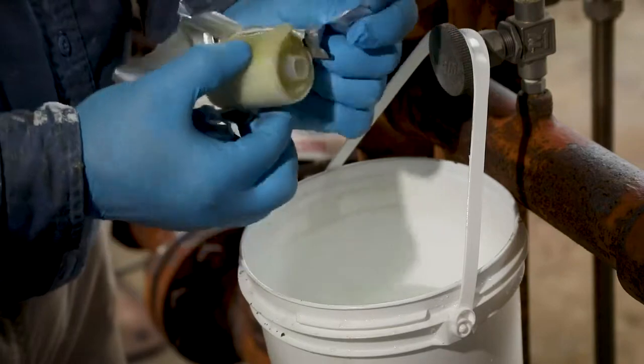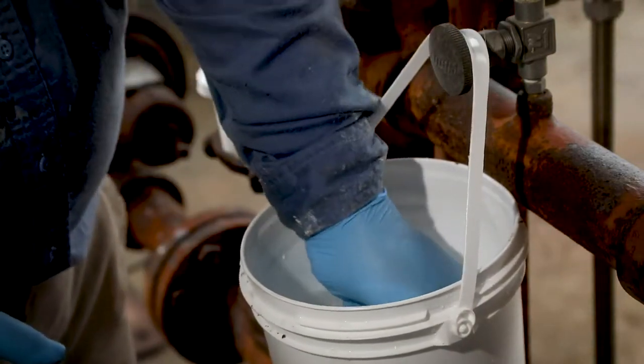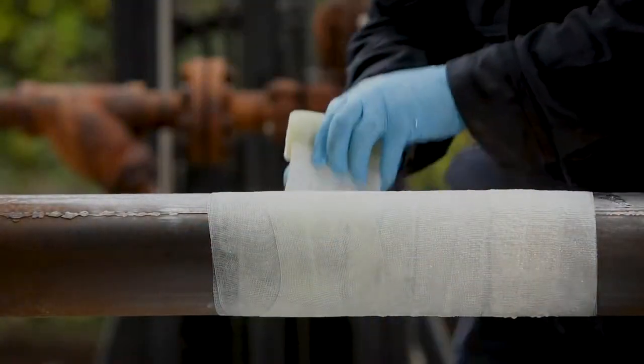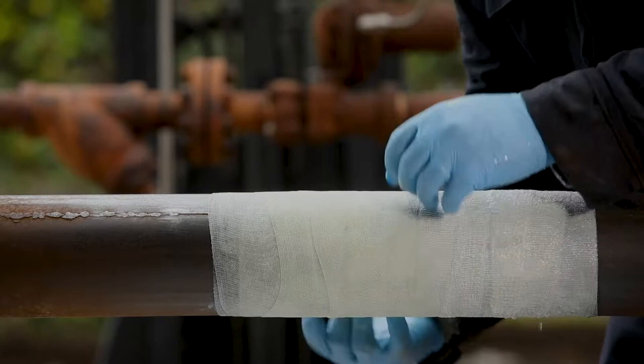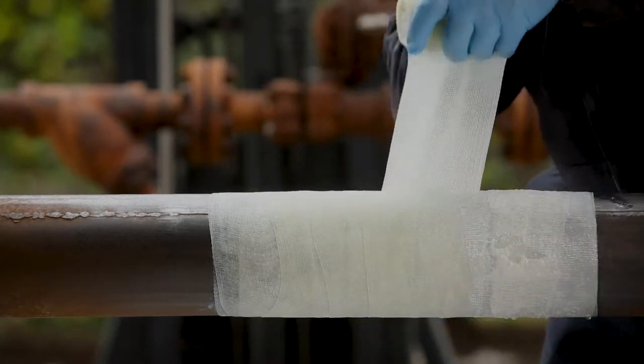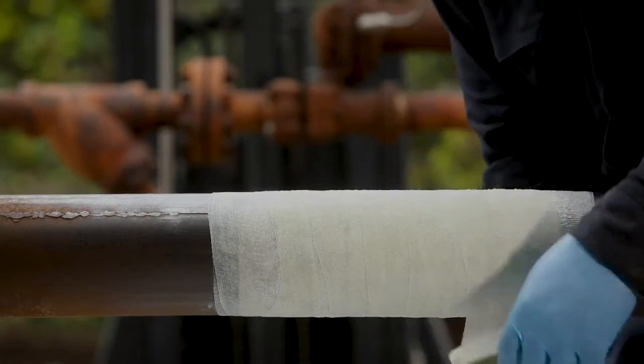Remove roll. Submerge the roll in a container of water for 10 to 15 seconds. Give it at least 3 good squeezes. Wrap Stop-It around the repair as tightly and evenly as possible. Cover the full circumference, then, if necessary, begin a spiral wrap that covers half of the underlying wrap with each